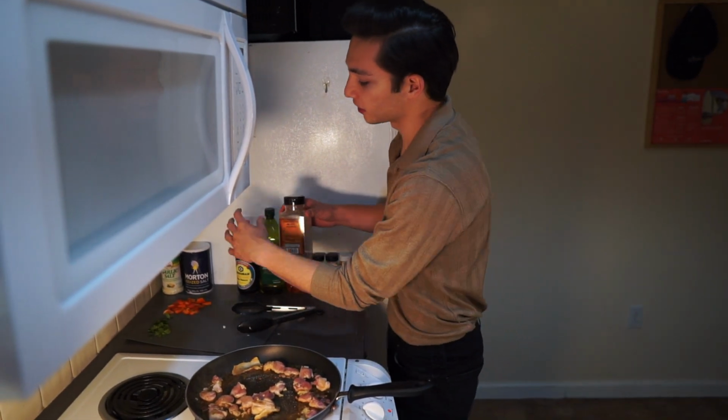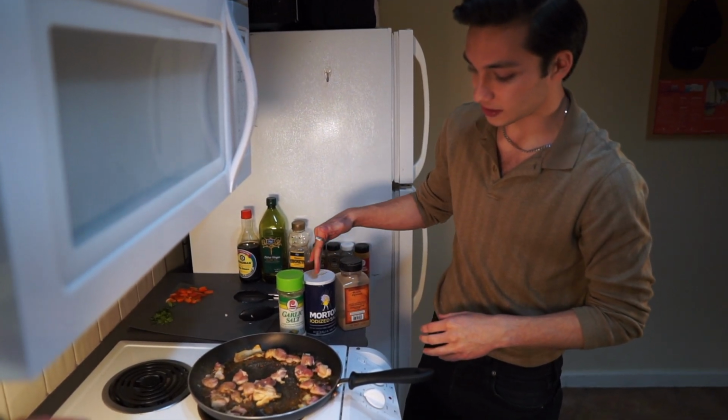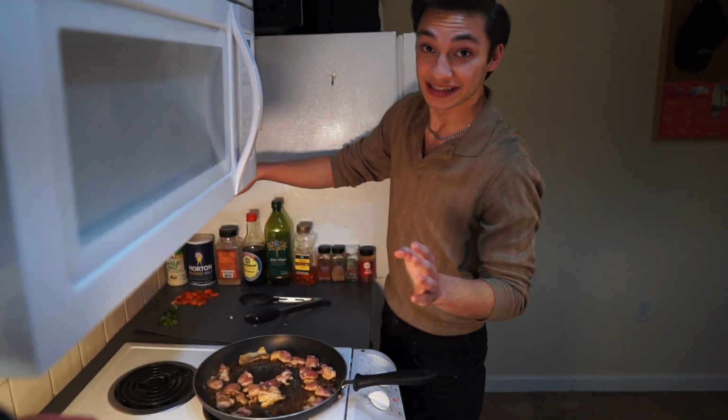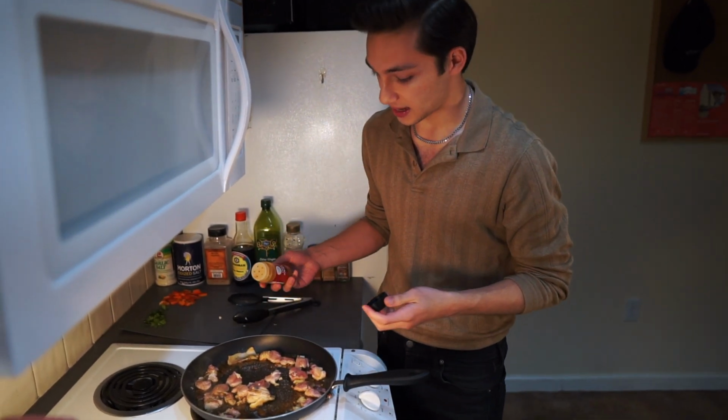You can taste along the way, change up things as they go. I'm just adding the Holy Trinity, as my mom and I call it, which is these three right here: your pepper, your salt, and your garlic salt. If you use those in everything, even if that's all you use, you're pretty much guaranteed to at least end up with something good. So for this one specifically, I do like to add a good amount of spice,